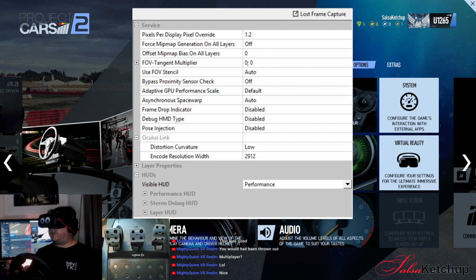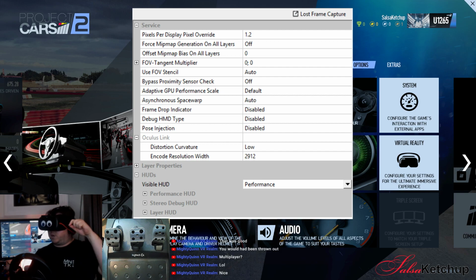So I've got a per pixel display of 1.2. So that's actually multiplied by that 1.5 there. So I'm actually at a much higher setting, so I could actually get even more out of this. Then we've got the Oculus Link distortion curvature, which is set to low, and the encode resolution width, which is set to